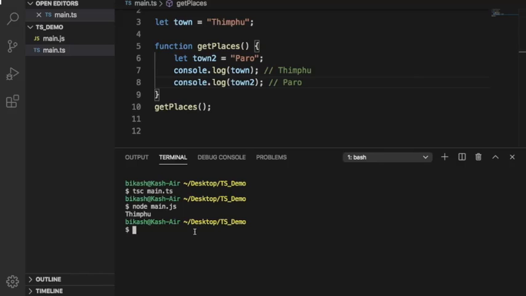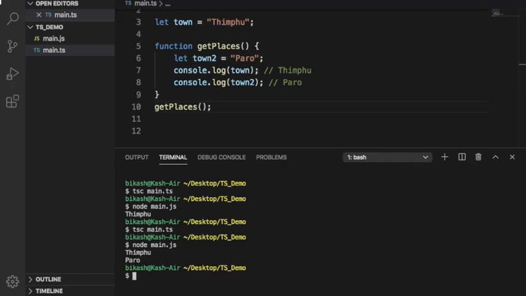If you try to run this, we first compile it, then we'll run it. So we have two prints, Thimpu and Paro, from this function, but